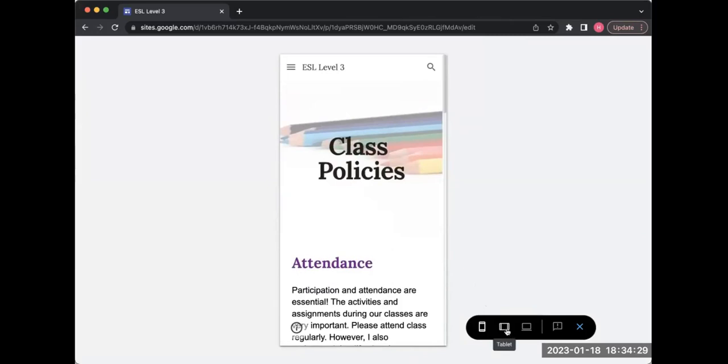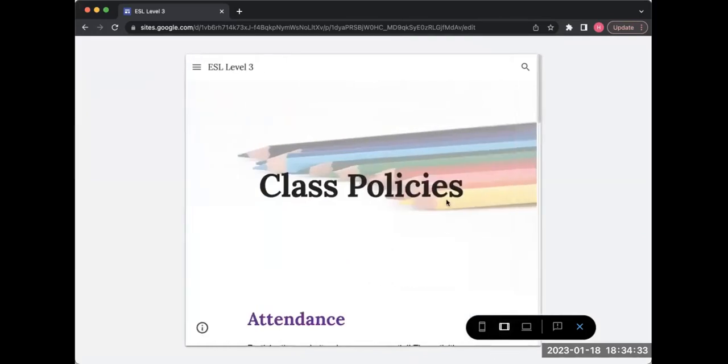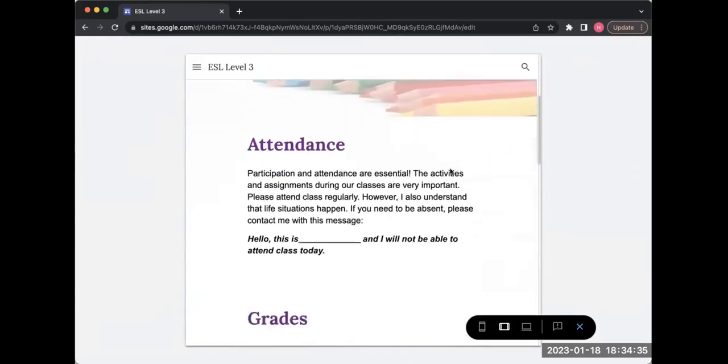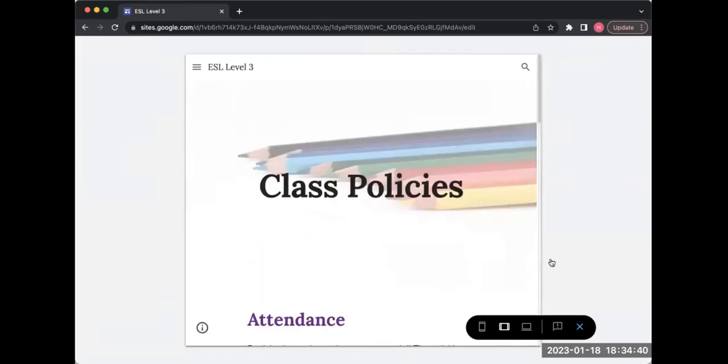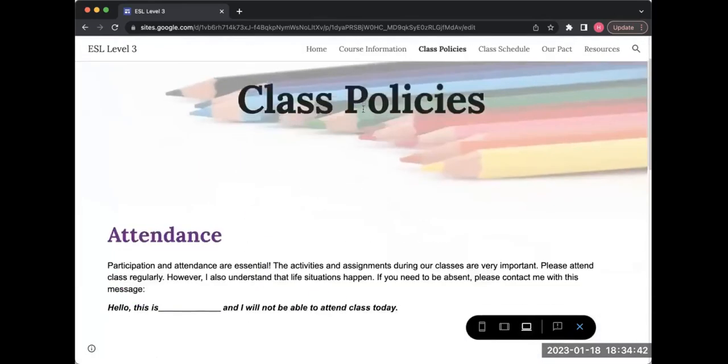There's also the option to see what it looks like on a tablet. So again, I would select tablet, and that's what it would look like to the students. Same here with the computer,